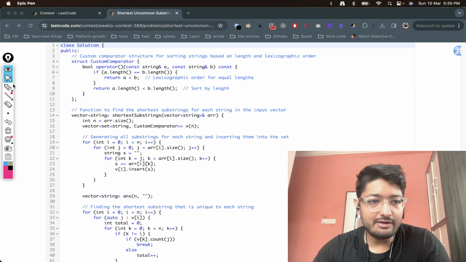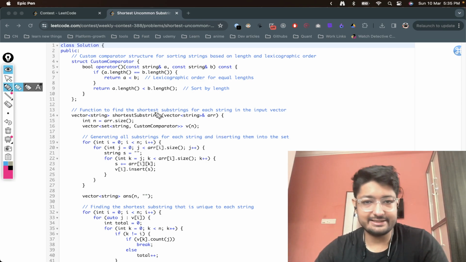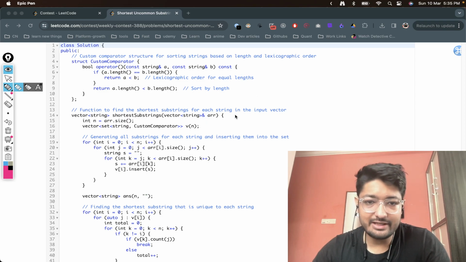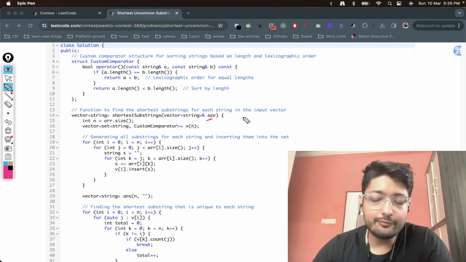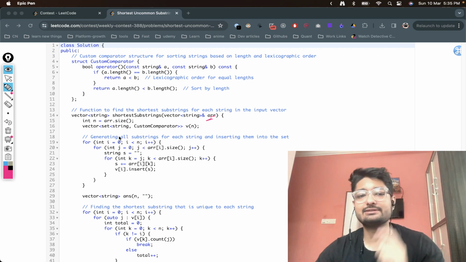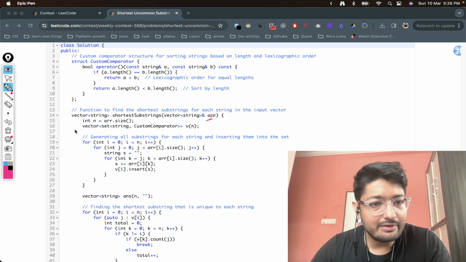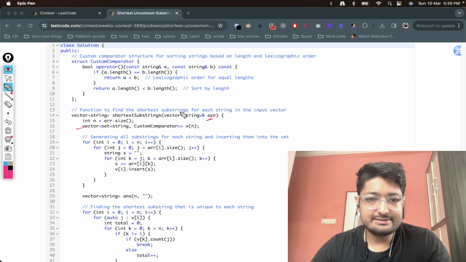So what we have done is that we have created a vector of sets. Why a vector of sets? Because we have an array. So for every string in the array, we have to find out all the substrings and store them inside some set. So for every string inside this ARR, we store all the substrings inside the set, which